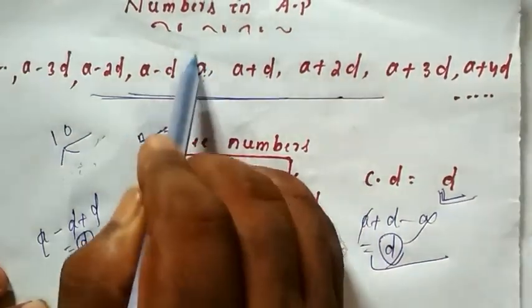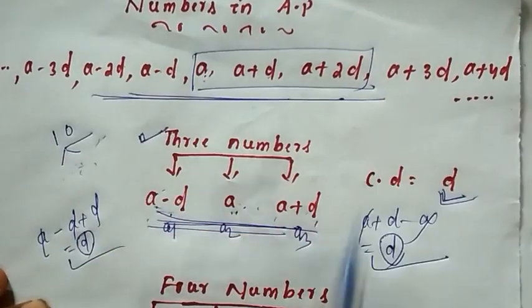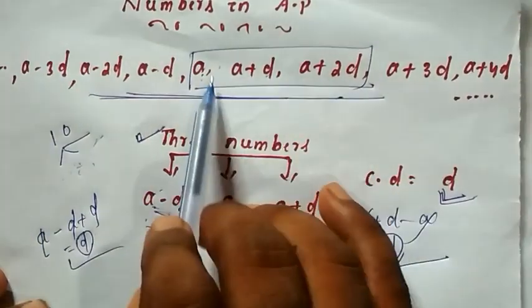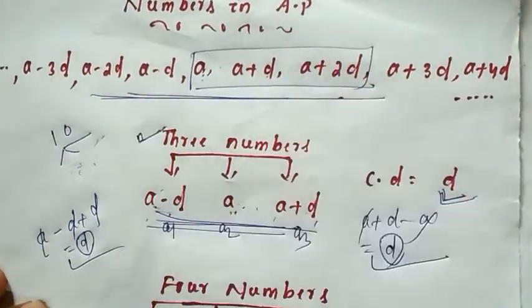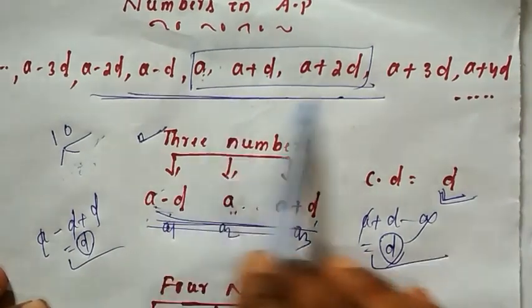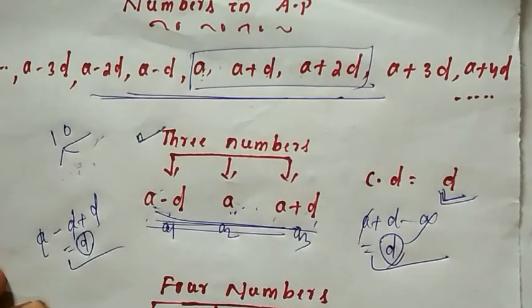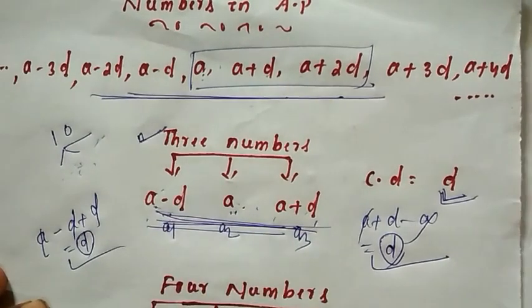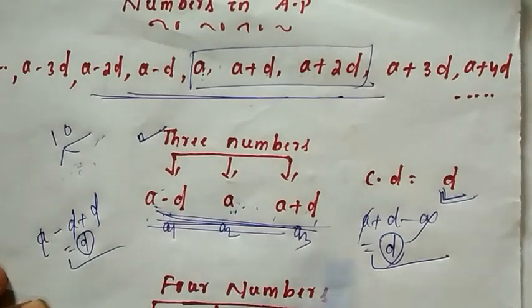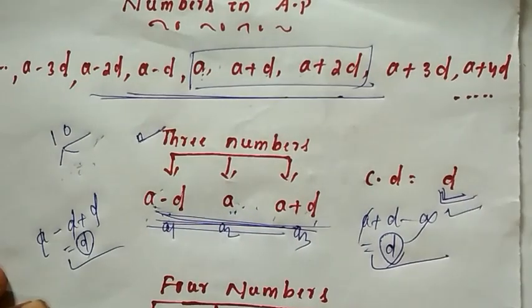If we take those, it will be very difficult to eliminate one variable. Here two variables, A and D, are present. While solving, it is very difficult to eliminate. If we take these three, we can eliminate one variable in order to get the other variable. Is it clear? But you have to select those three terms whose common difference is the same. Like that way you have to select.